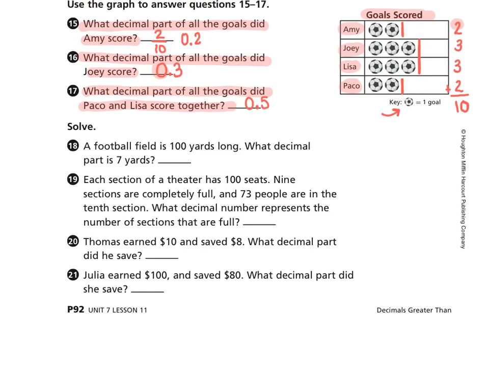Number 18 says, a football field is 100 yards long. What decimal part is 7 yards? Who can tell me that? Finn. Can you tell me that one, Finn? Zero and 7/100. Good work. Fourth graders, I think we might be pretty close